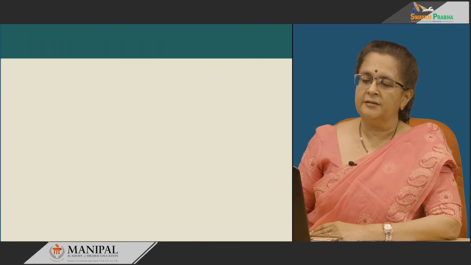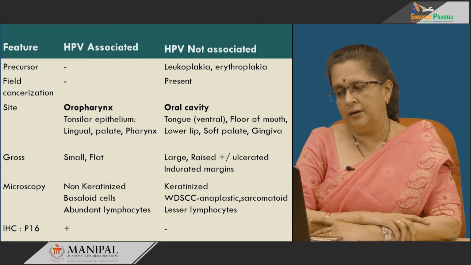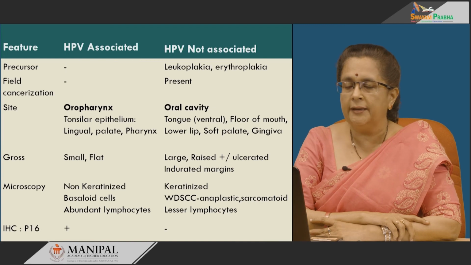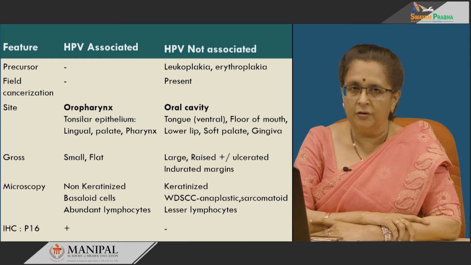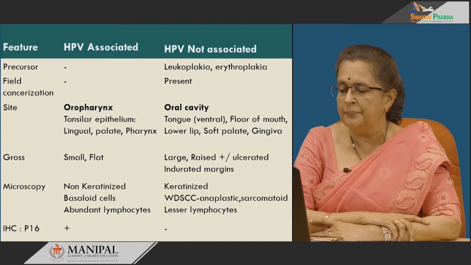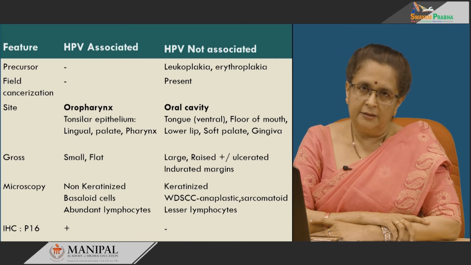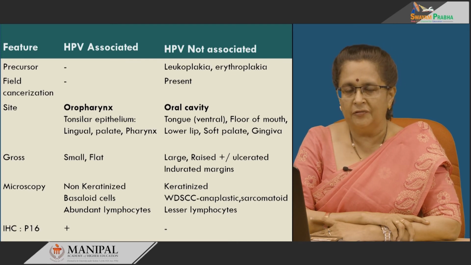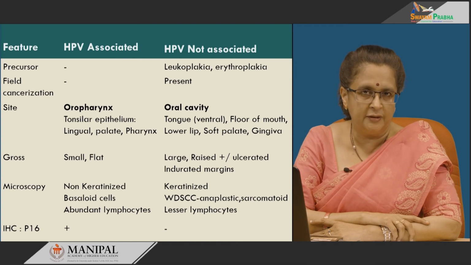More in detail about the same. So, precursor lesion which is seen in those not associated with HPV is leukoplakia or erythroplakia. Then site in the oral cavity includes tongue, floor of mouth, lower lip, soft palate, gingiva. Grossly, it is a large raised lesion with induration of the base as well as rolled out margins, and it is irregular. Microscopically, as I said, it is keratinized. So, it could be well differentiated squamous cell carcinoma, or it could even be anaplastic. Lesser number of lymphocytes are there, and